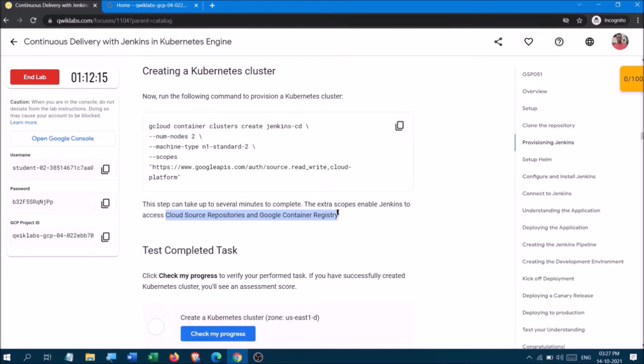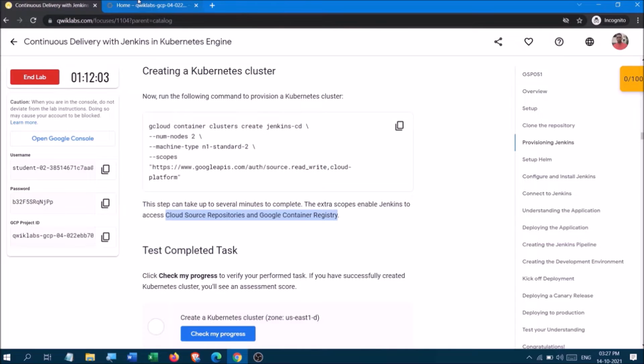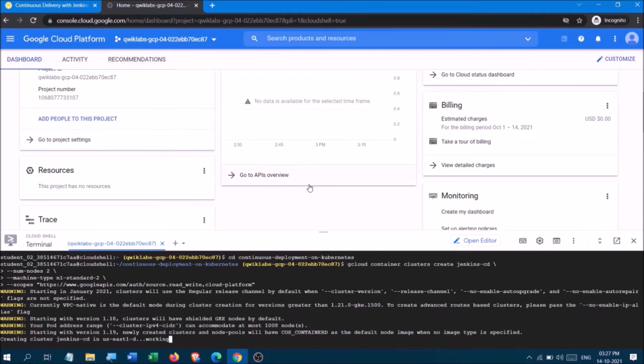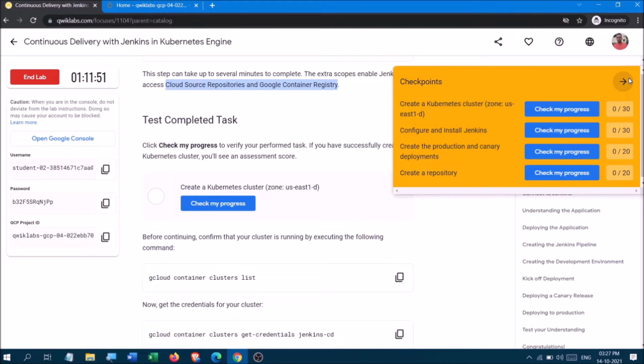So I am copying it directly, and you can enter it directly. It will take some time, like 5 to 10 minutes, at most 5 minutes, and if more than that, then 10 minutes. You can automatically check the progress here.